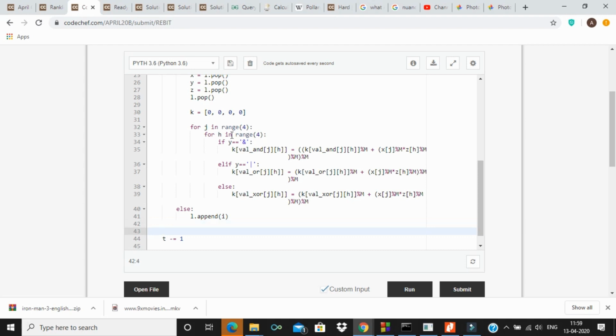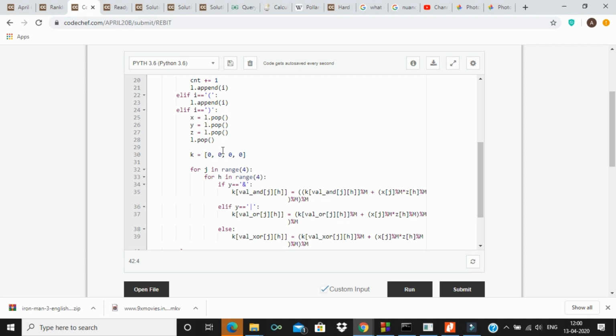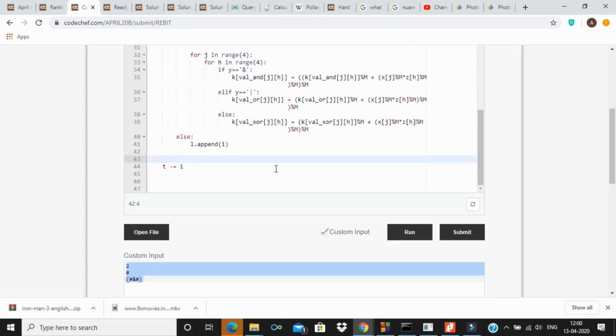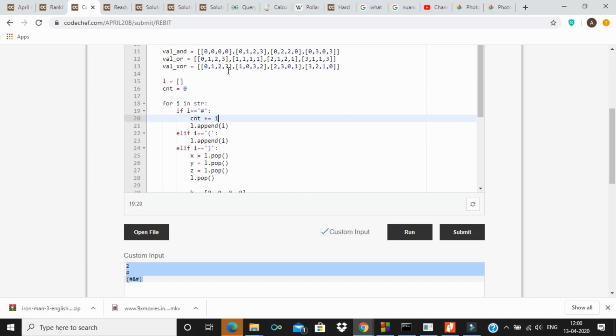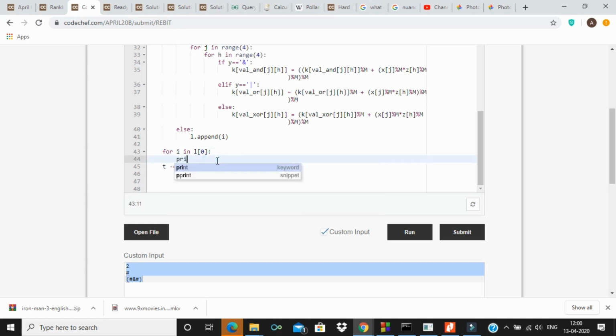All right, so with that, when this loop is completed, we have the values of the number of times that the expression is evaluated to 0, 1, 2 or 3. So all we need to do is output our answer. So for I in L0, because this is the list containing our answer, right? Answer to how many times the expression is evaluated to be 0, 1, 2, 3, right? And this count variable is storing the number of times hash occurs in the expression. So all we need to do, we need to print